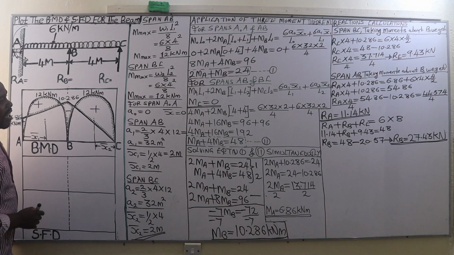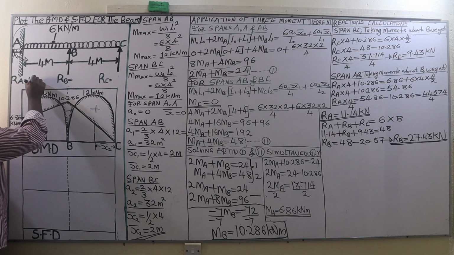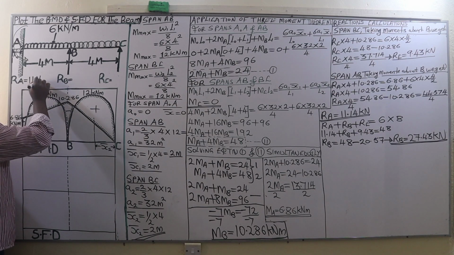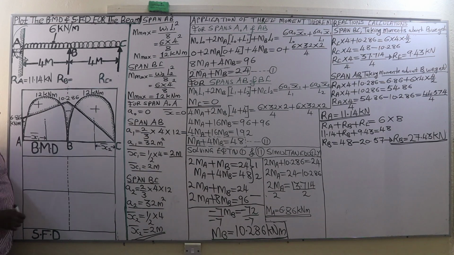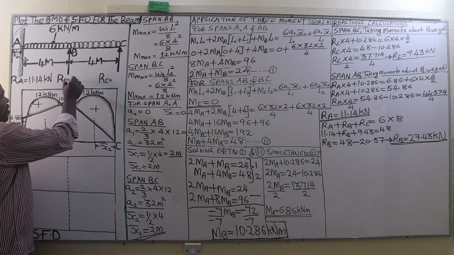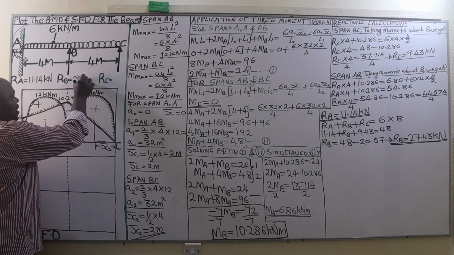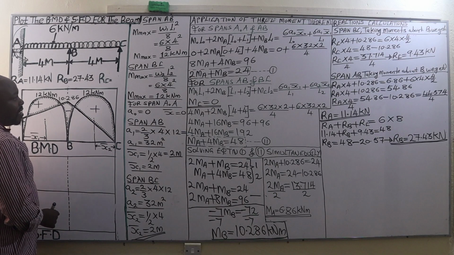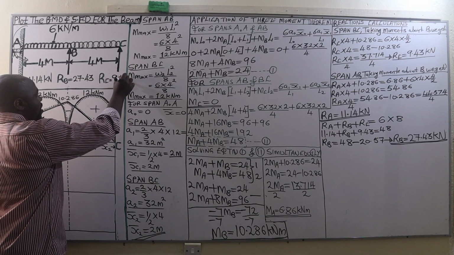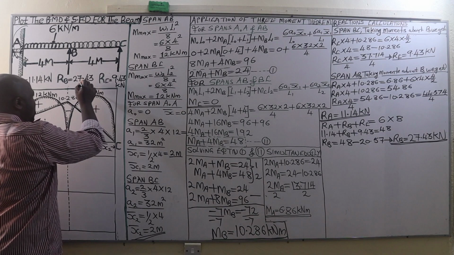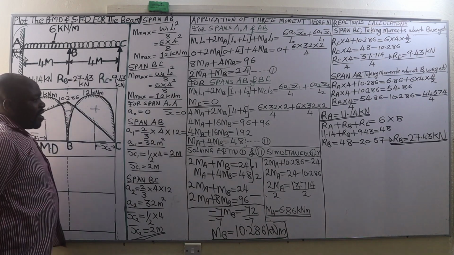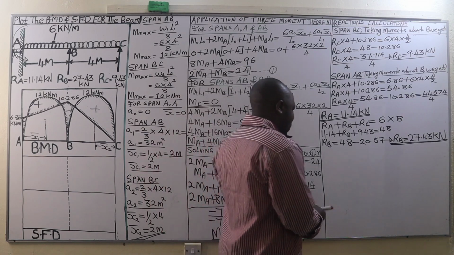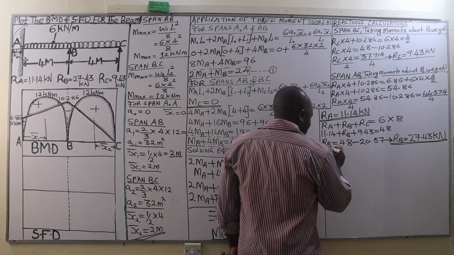RA, 11.14. So we write there 11.14 kilonewtons. Reaction at B, 27.43. So we got 27.43 kilonewtons. Reaction at C, 9.43 kilonewtons. This is in kilonewtons. Very good. Now, after getting the value of the three reactions that we need, the next thing will be